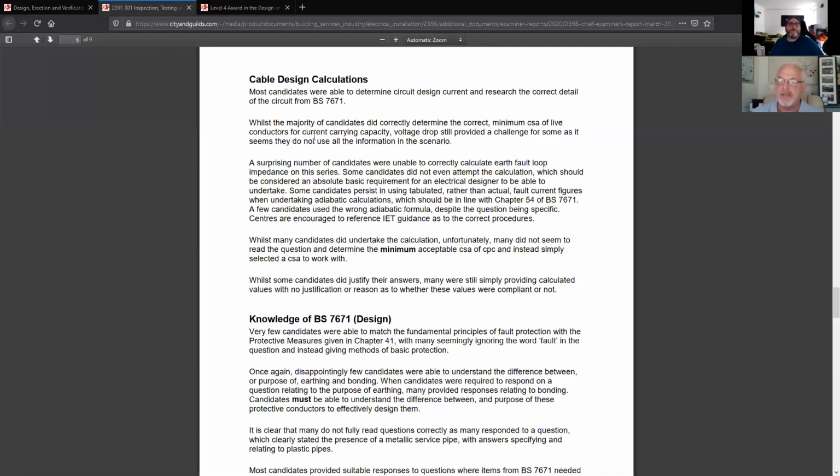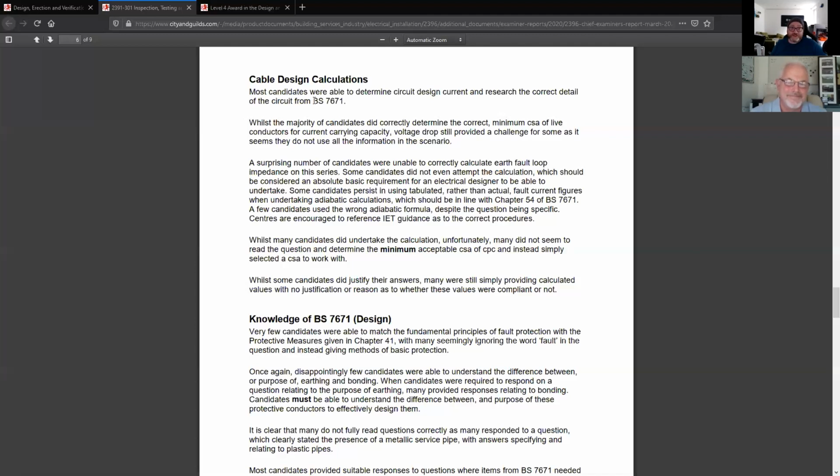But again, it's having the time, isn't it? It's having the time on the courses to be able to understand it and develop it and examine it. Yeah, it's a struggle. Most candidates were able to determine current circuit design current, Ib, and research the correct detail of the